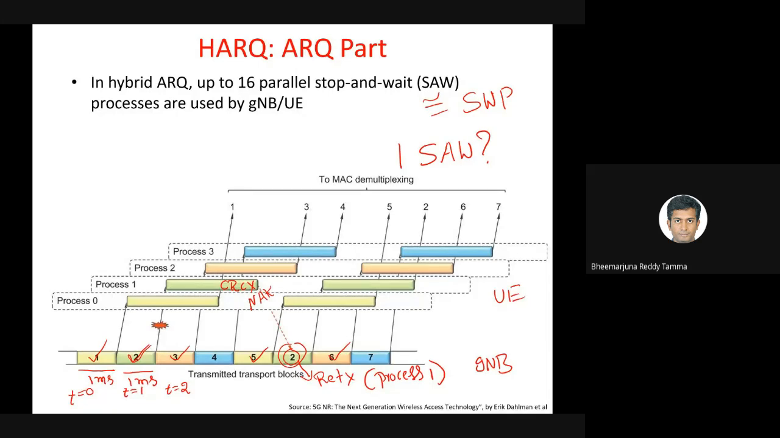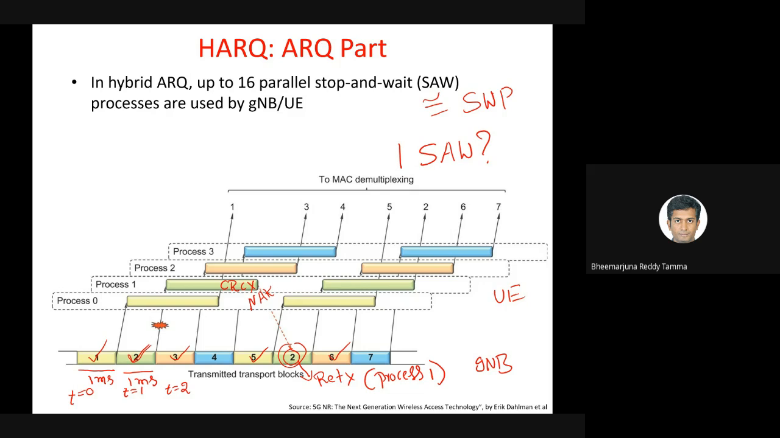Why do I need to have more than one? So forget about 16 or 8. What benefit am I getting by having more than one stop and wait? Sir, I guess the same benefit we get with selective repeat. Right. So what you are saying is that in selective repeat, we can selectively retransmit